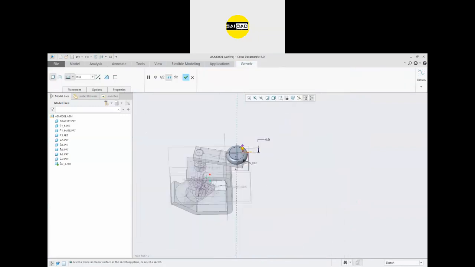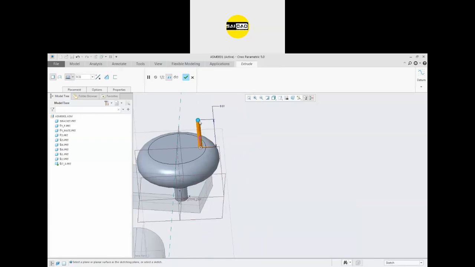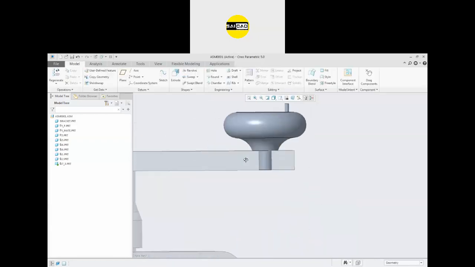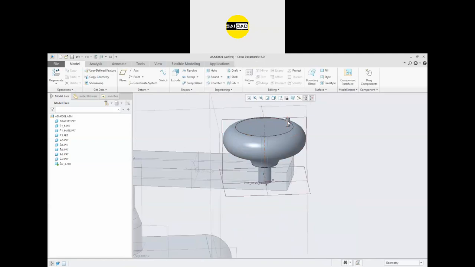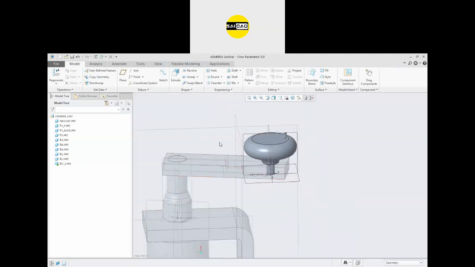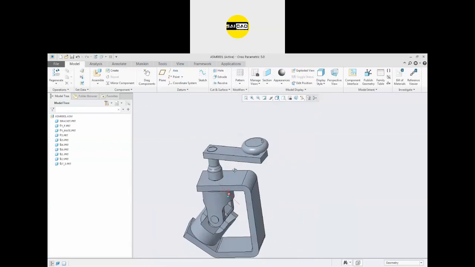Okay, define the object. You can also define the relation with respect to these ones. So right now I'm just going to define it like that. Click OK. So like that I have created some feature inside the assembly, and to go back to the assembly you just have to go to the assembly and check the activate button, and now you can see this is the part.